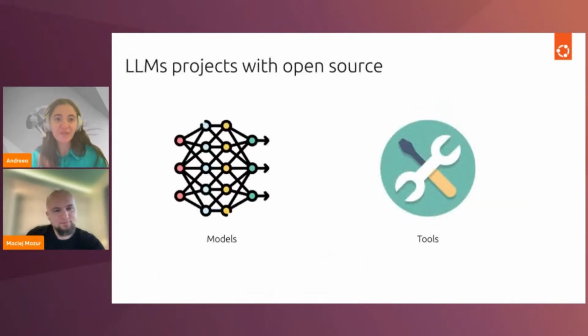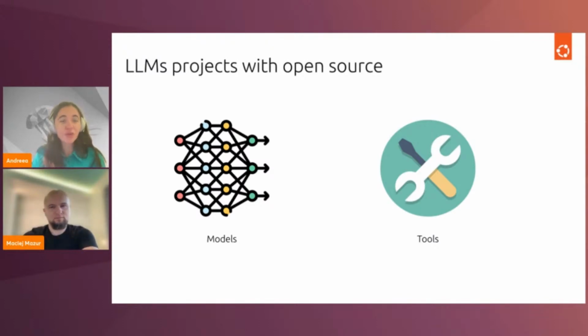Thank you. I'll move towards the idea of using open source. And in Canonical, the truth is that we do have open source in our DNA. That's what we think is the answer to everything. What do you want for lunch? Open source, probably. But going back, there are two angles to look at LLMs from the open source perspective. On one hand, you have the models that can be open source, and then you have the tools. And this is quite a new trend on the market, having open source models.